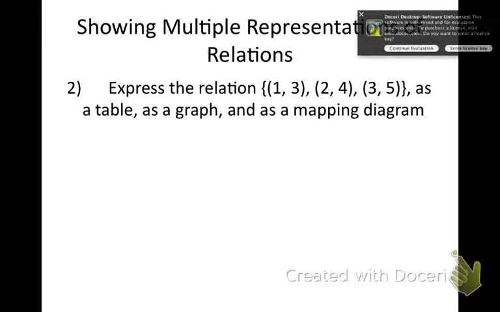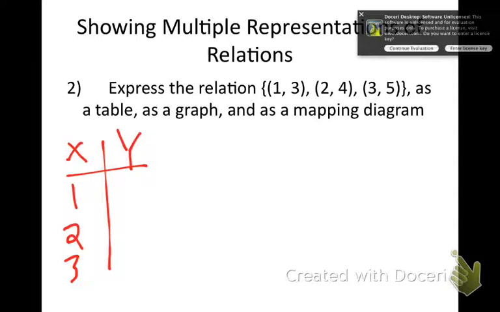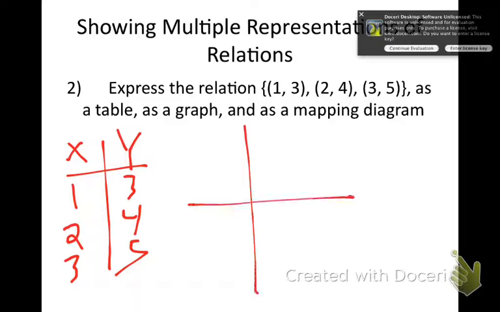So I'm going to express this as a table. If I express it as a table, what are my x values here, Cassie? Just the x values. 1, 2, and 3. And what are my y values in that table then? 3, 4, and 5. Nice job. So you can see in the table how 1 is with 3, 2 is with 4, and 3 is with 5. If I do a coordinate plane here,